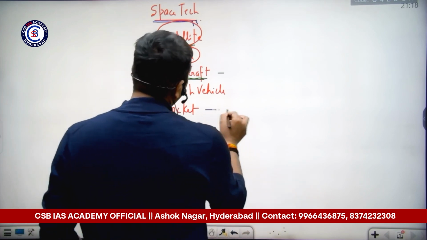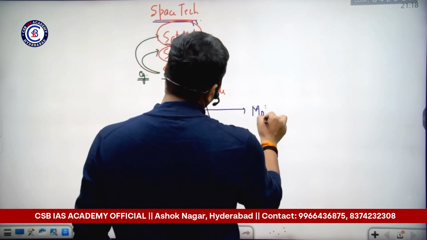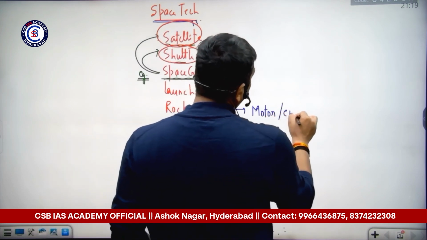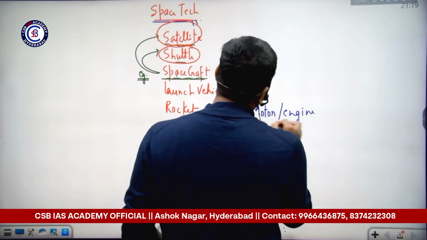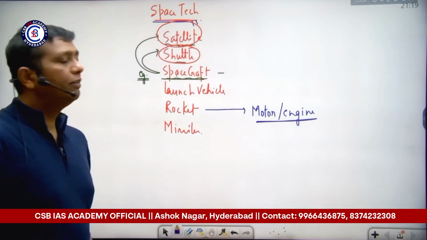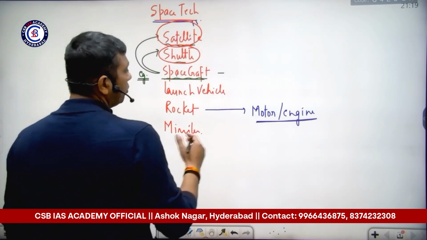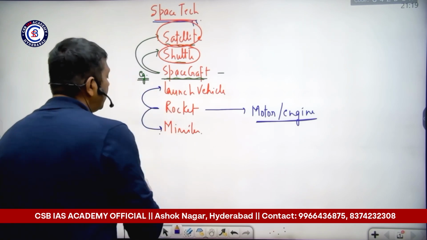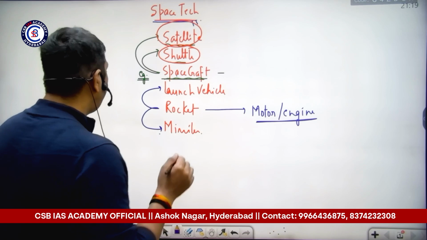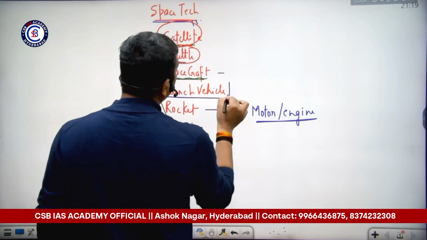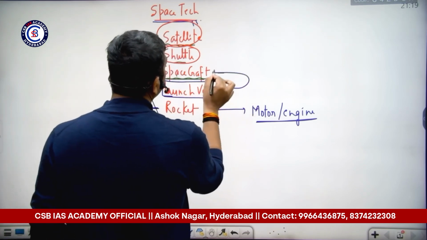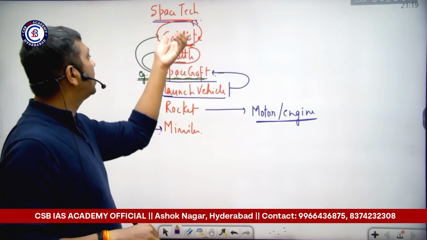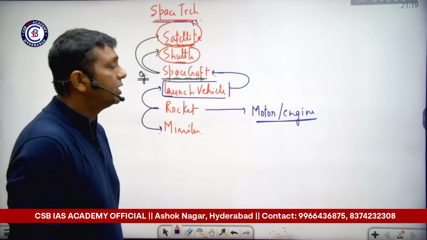Actually, a rocket is a kind of motor or engine. In layman's terms, in very simple words, it is a kind of motor engine, and we are doing this motor engine testing. After successful testing of motor engines, we install this rocket into launch vehicles and also into missiles. If we put this rocket engine into the launch vehicle, it is used to carry a spacecraft. With the help of a launch vehicle, we carry the spacecraft, meaning satellite and shuttle, into space for certain purposes.